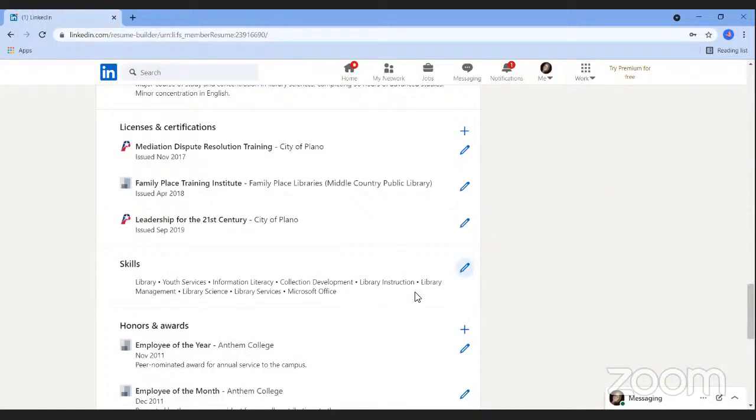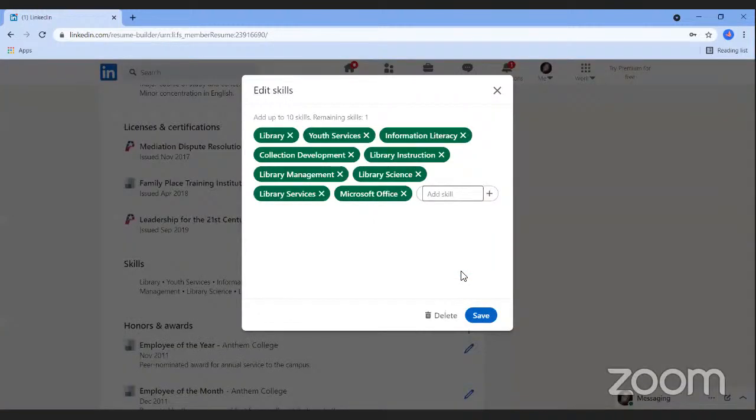Again, this section is not specifically required in your resume, so you can choose to delete it if you don't want to highlight those skills as well. But if you are including skills, make sure that you're as specific as possible. So for example, it might be a better fit for me to say that I'm skilled in Microsoft Word as opposed to just Microsoft Office. That lets an employer know specifically what program I'm comfortable with. You only want to include skills that are relevant to that particular position.